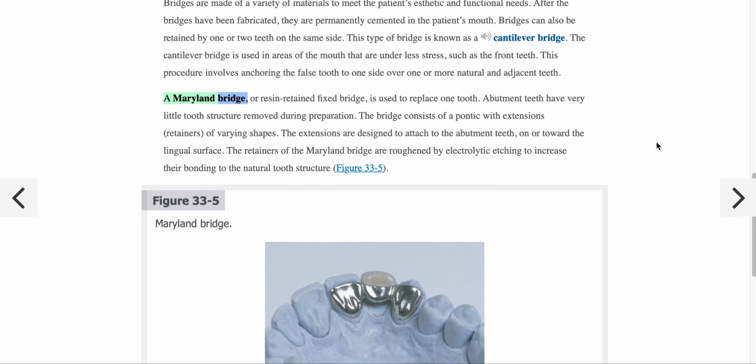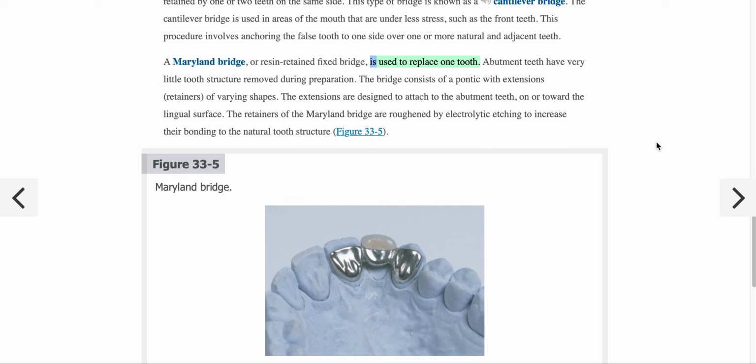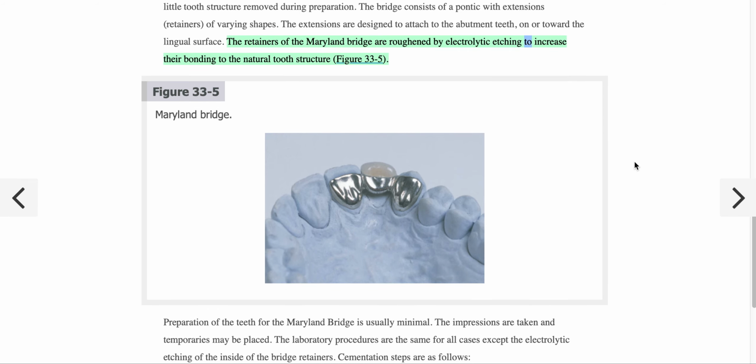A Maryland bridge, or resin-retained fixed bridge, is used to replace one tooth. Abutment teeth have very little tooth structure removed during preparation. The bridge consists of a pontic with extensions, retainers, of varying shapes. The extensions are designed to attach to the abutment teeth, on or toward the lingual surface. The retainers of the Maryland bridge are roughened by electrolytic etching to increase their bonding to the natural tooth structure,